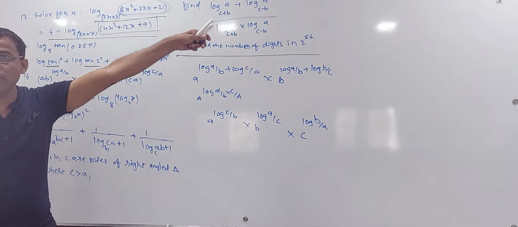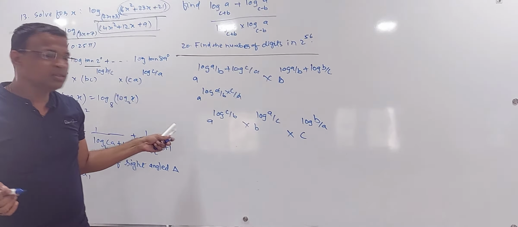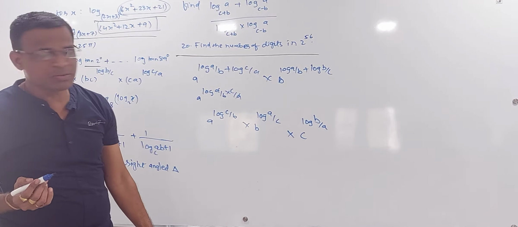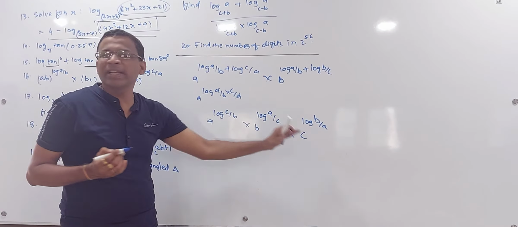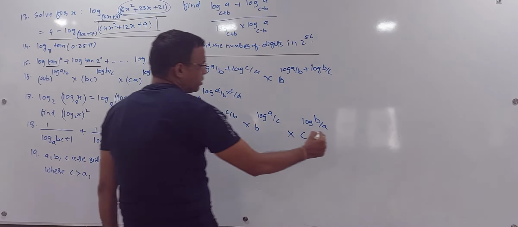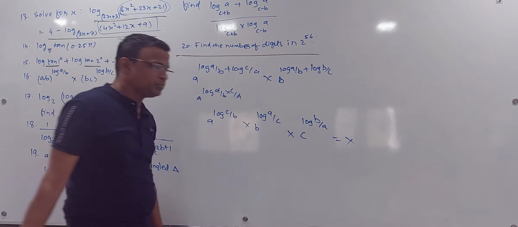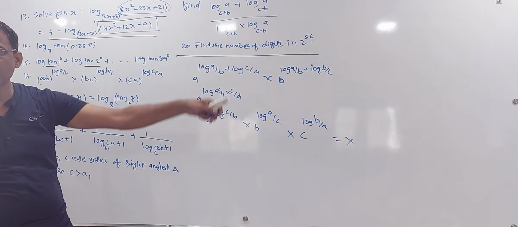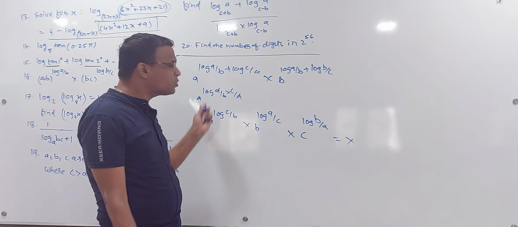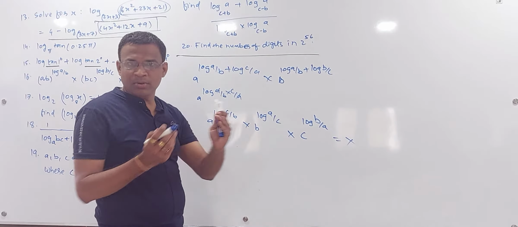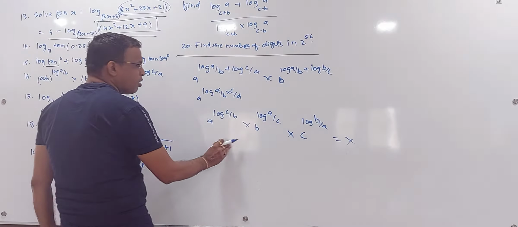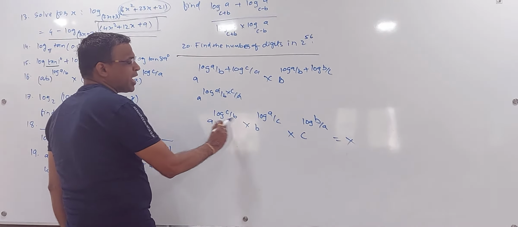So I have not solved the third question, but I got a pattern. That is something I got, but this is not a simplified version because this is still a little complicated. So what I can do, let me take this equal to some x. And as I told, bringing the log ahead is nothing but taking log of both sides. So whenever you need to drop down a log in the base, not in the power, in that case take log of both sides. So when I take log of both sides,